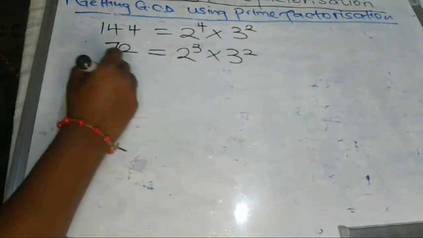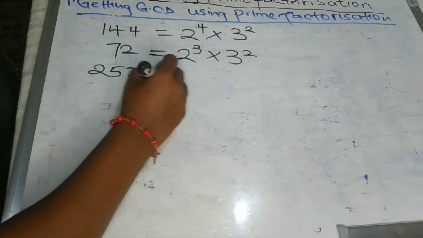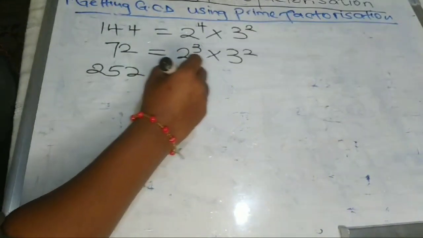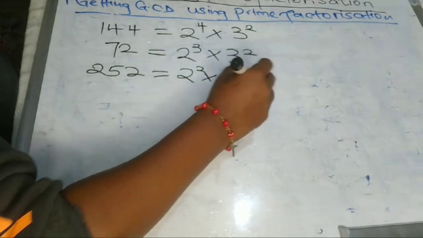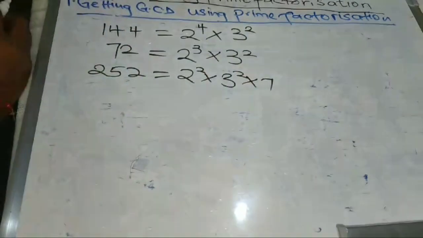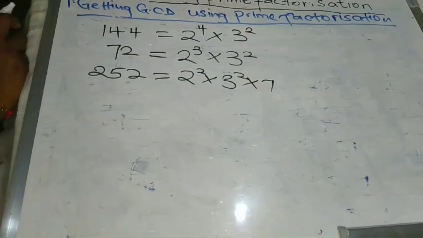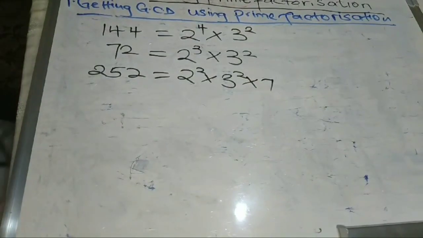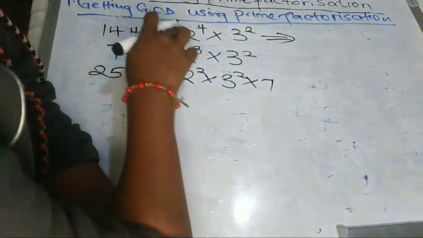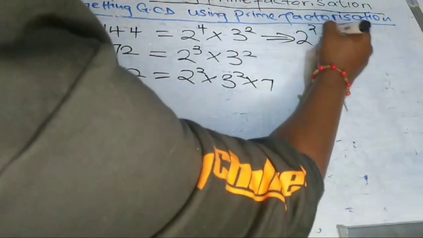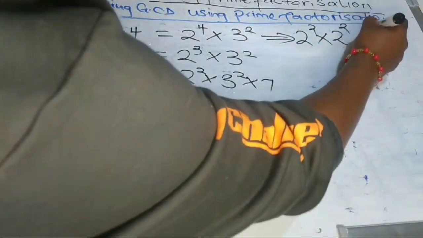And the factors of 252 will be equal to 2 power 2 times 3 power 2 times 7. So I want us to rewrite this so that we have those factors which are appearing in all the three numbers. For example, if we can subdivide this to be 2 power 2 times 2 power 2 times 3 power